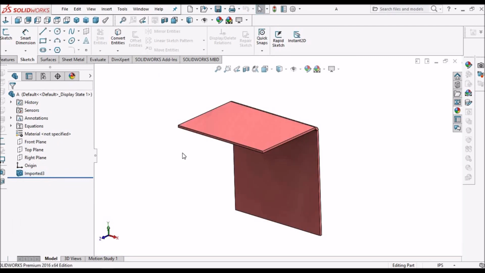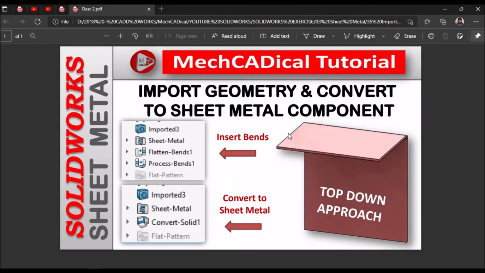That's how we have to do with the top-down approach. Here what we have understood is how to import geometry and convert it into a sheet metal component by three approaches. One is with insert bend, the other with convert to sheet metal, and the third one is the top-down approach. Thank you very much.